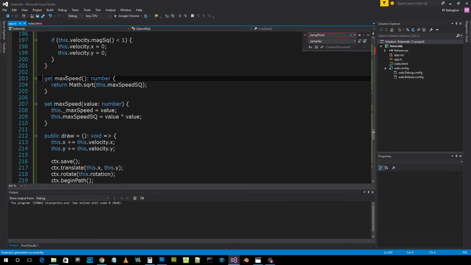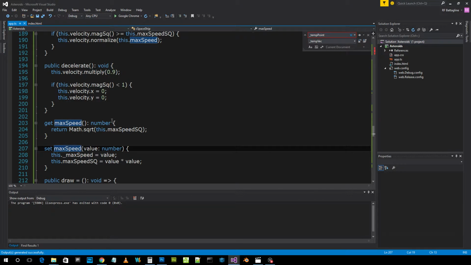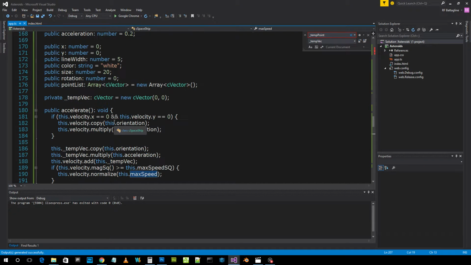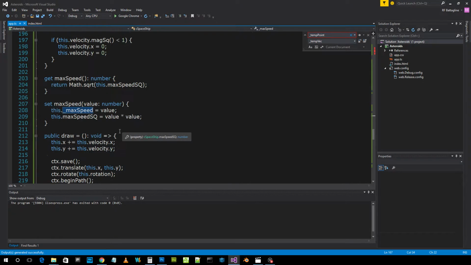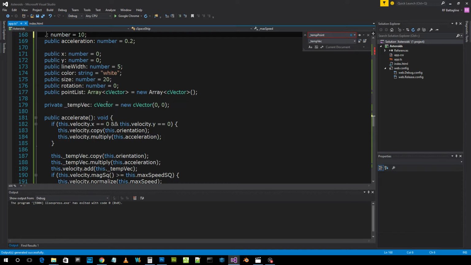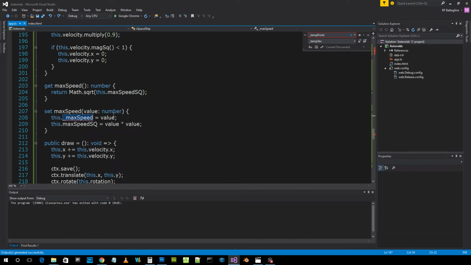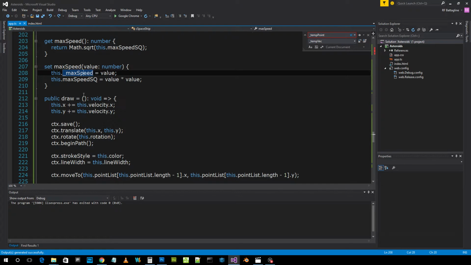Anyway, all right, so these are the getter and setter methods that I talked about. Get, set, max speed. And what this does is, if you wanted to find out what the max speed of this object is outside of the object itself, since underscore max speed is a private variable, you have to use the getter and setter. And when you set the maximum speed, I don't know what just happened there. I jumped way up top. All right, when you set the maximum speed,